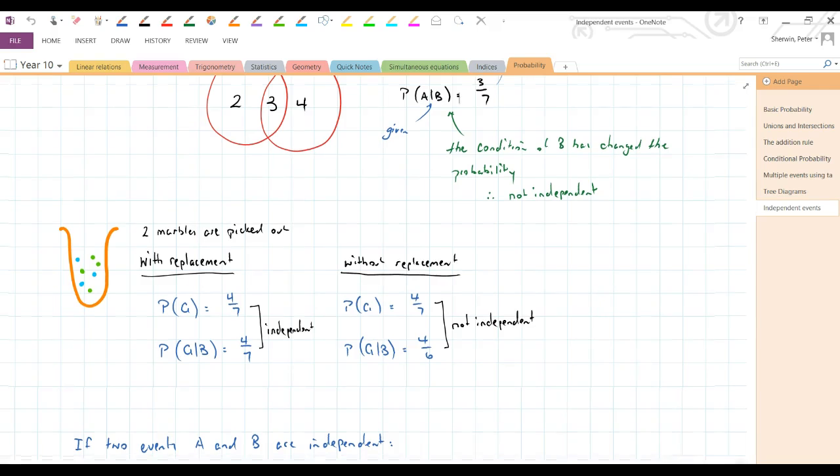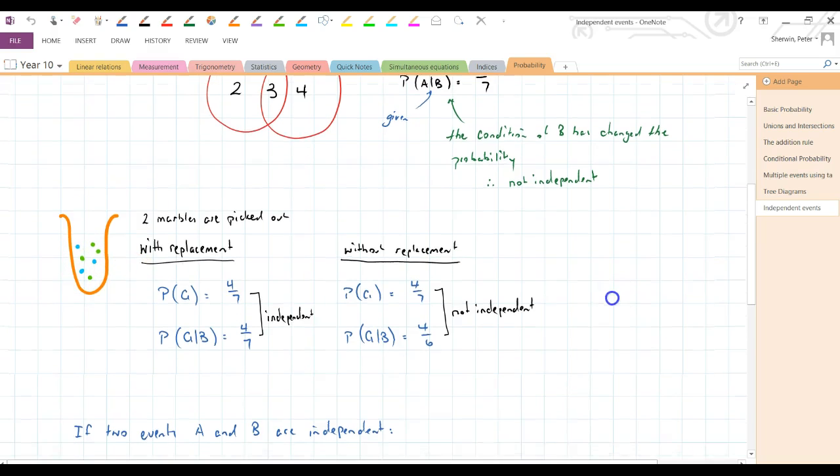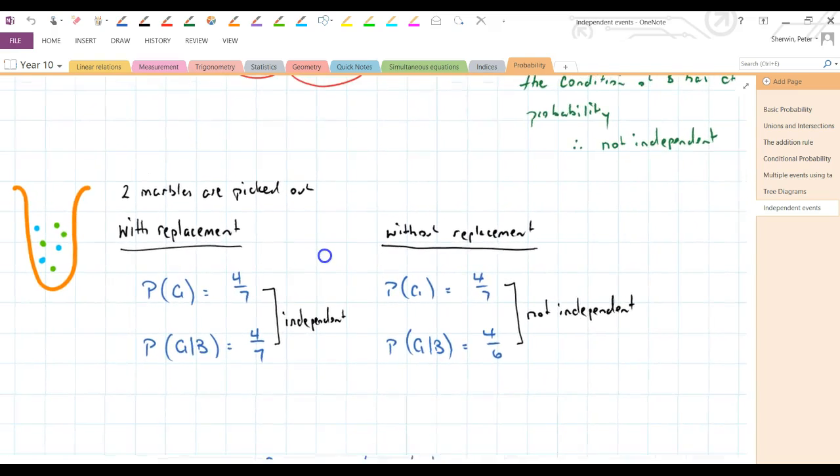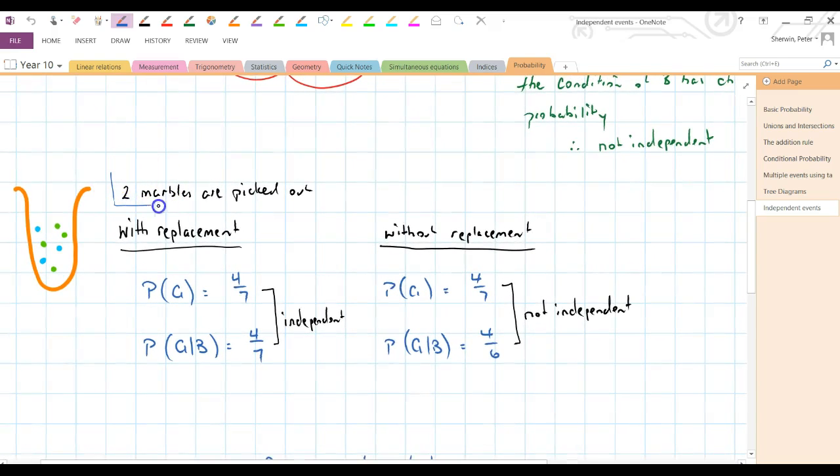So continuing now, we've got a bag here. I haven't chosen white balls this time, sensibly. I've got 1, 2, 3, 4 green and 3 blue marbles. 2 marbles are picked out, one after the other. So with replacement, let's have a look at the probability of getting a green marble. 1, 2, 3, there's 4 out of 7. So the probability of a green is 4/7. Now if I put that green back in, the probability of